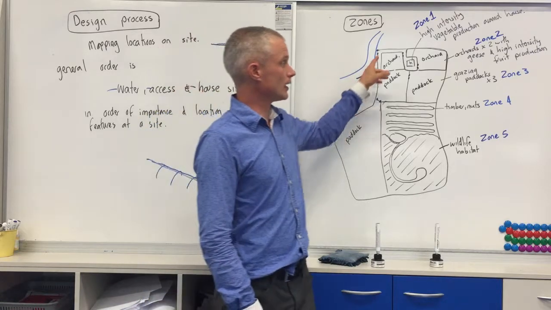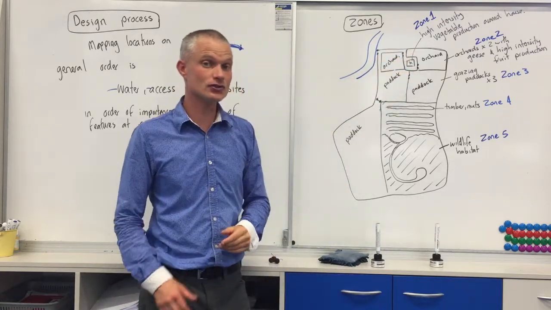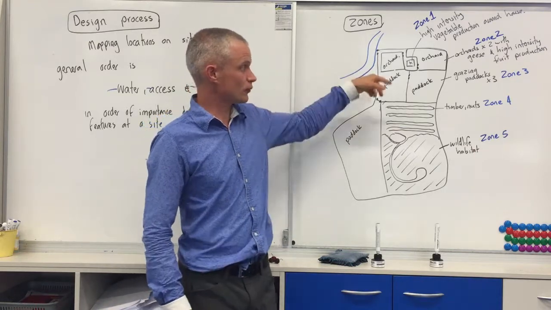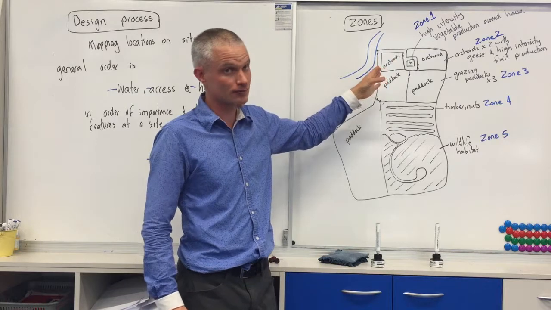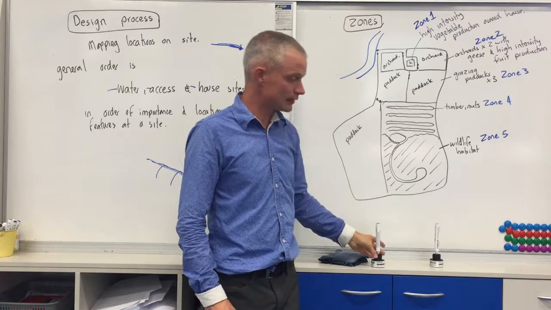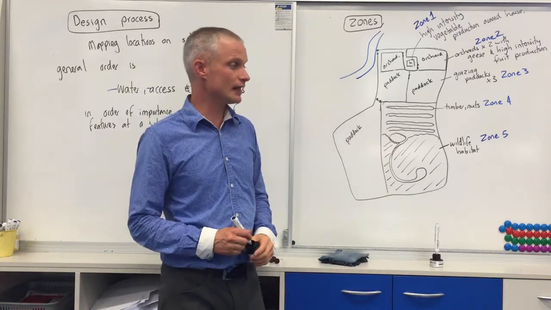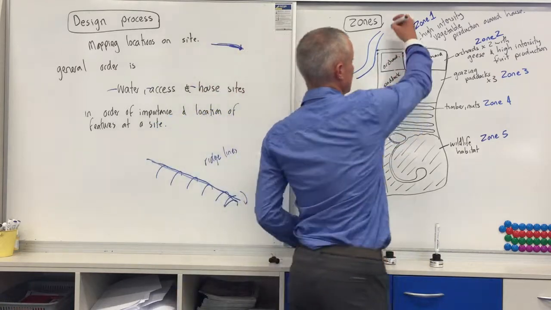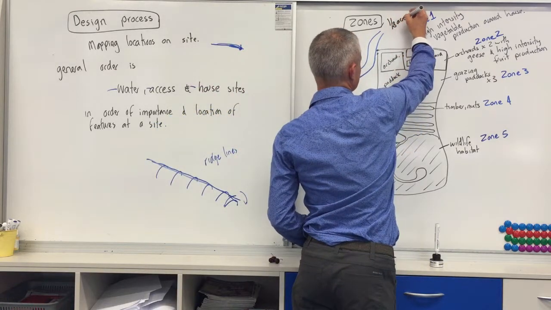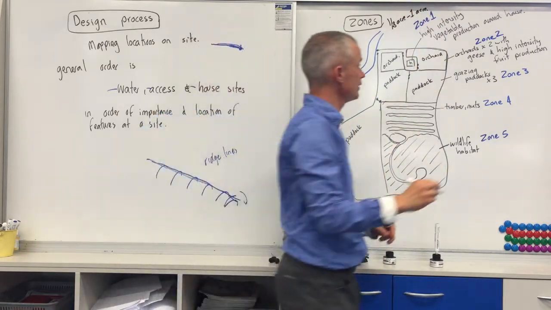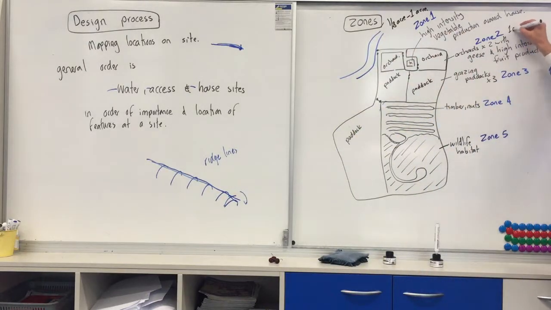So thinking about what is going to be the zone 1 area, which is your intensive fruit vegetable production around the house. So obviously that will be the area in closest proximity to the house. And then zone 2 is bigger areas. Zone 1's generally anywhere from 1/8 of an acre to an acre in size. And then zone 2, which is your orchard area, could be anywhere from 1 acre to 10 acres in size